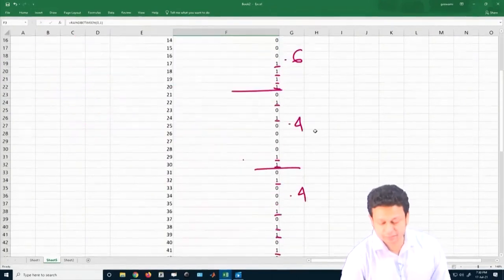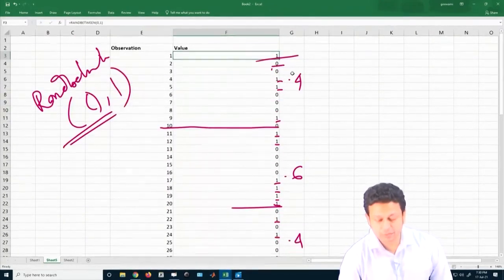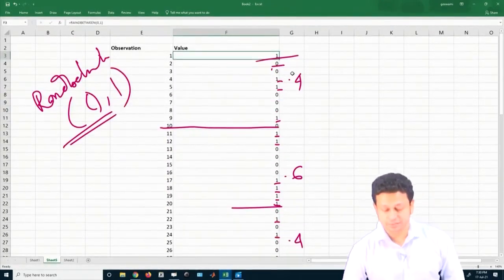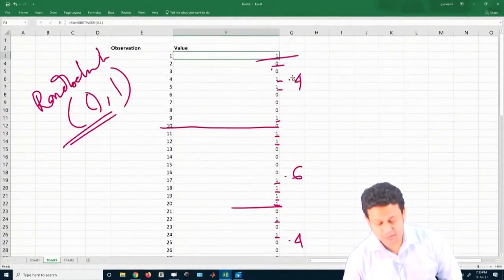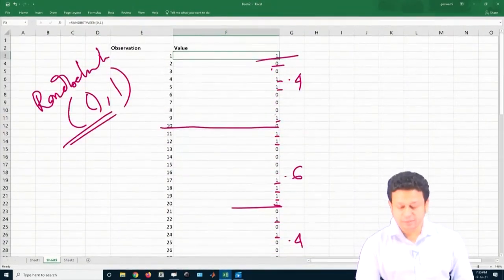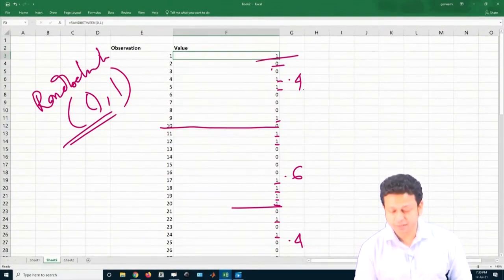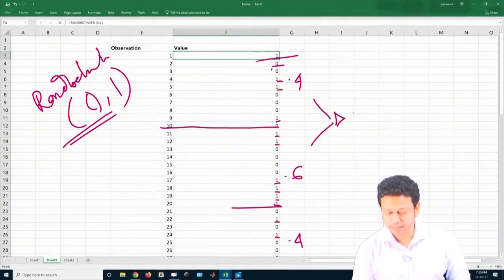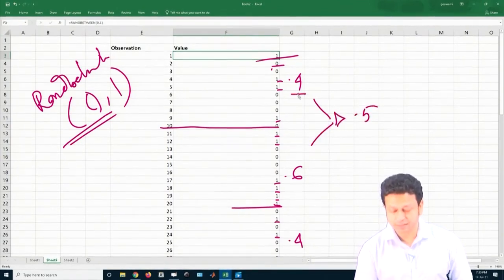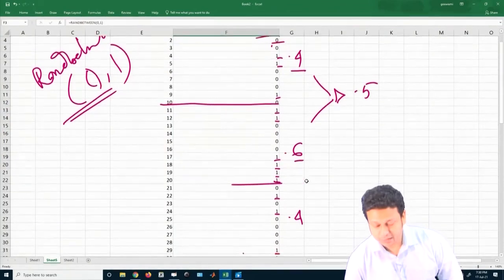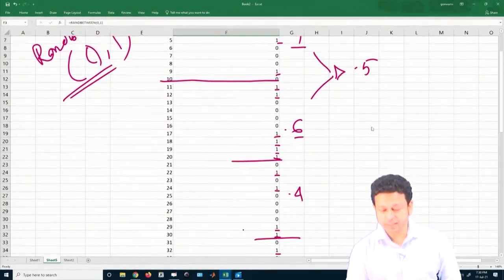So, we are not really coming to be 0.5 in the first few. If I take the mean for the first 10 or first 20, we are not exactly 0.5, but if I take these first 20 observations, I get something like 0.5, because I take this 0.6 and 0.4. If I take the first 30 observations, if I take 0.5 and here 0.4, so I altogether get 0.1,